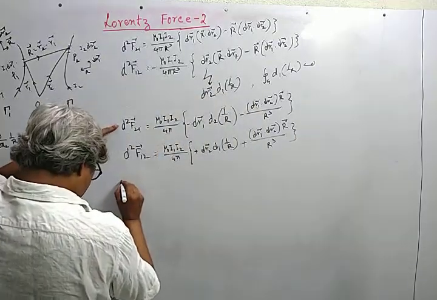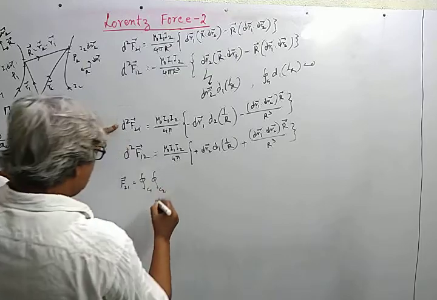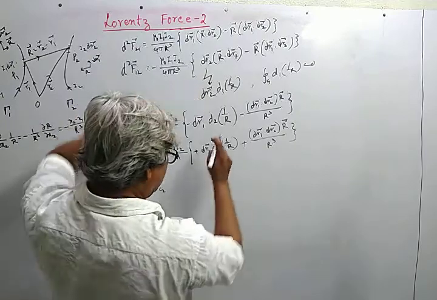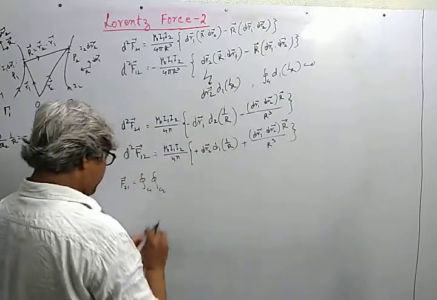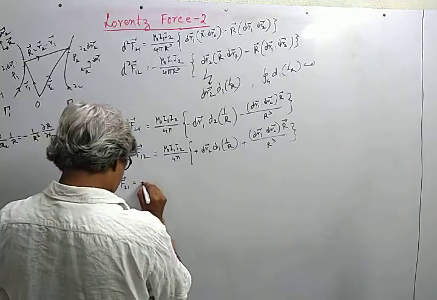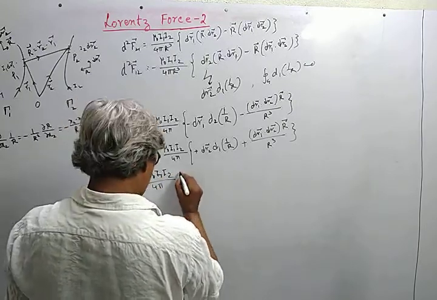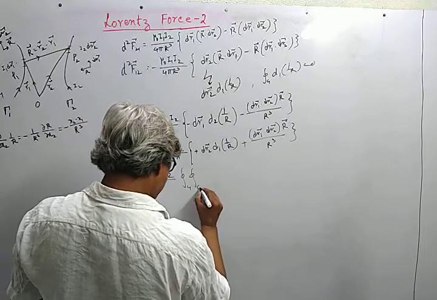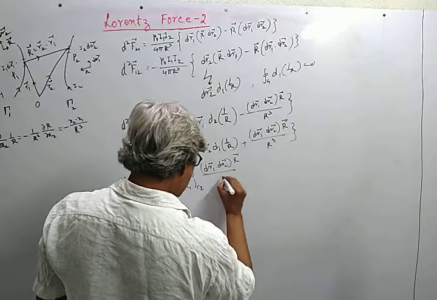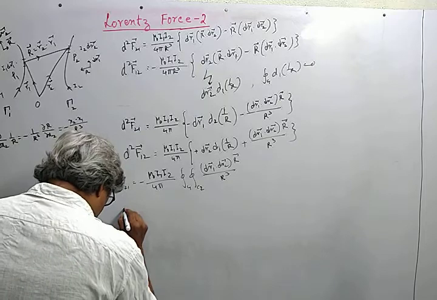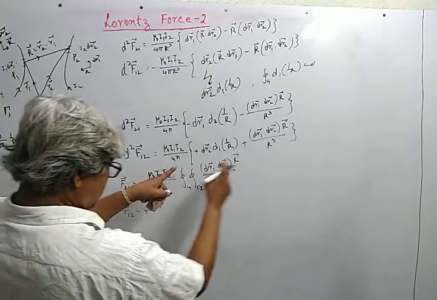From here we get this part goes on C2 integration, so the result is, let me write the SI factors, minus mu 0 I1 I2 by 4 pi, and then we will have C1 C2, and for F12 we get, this is plus